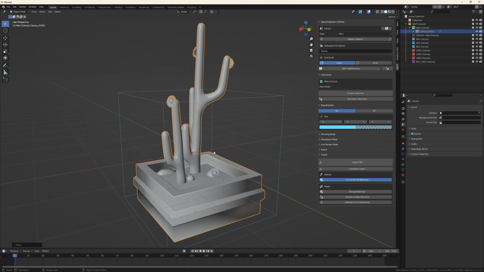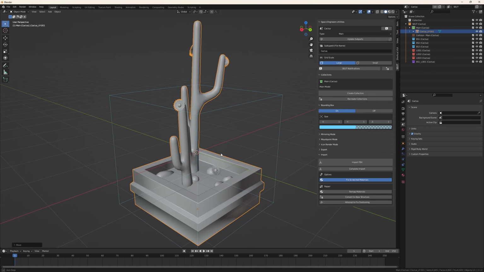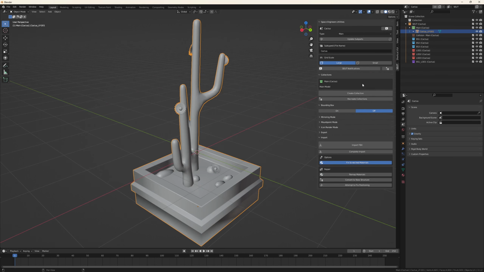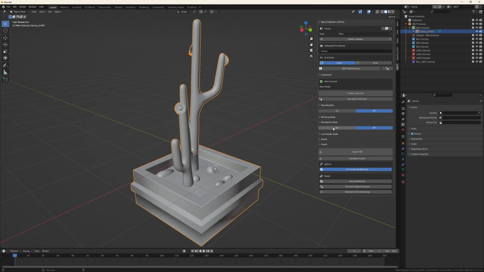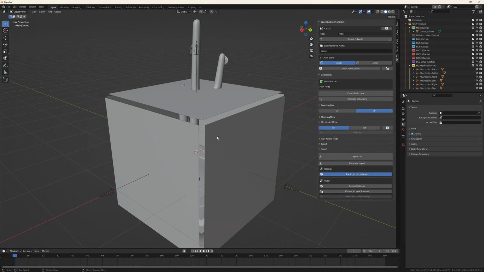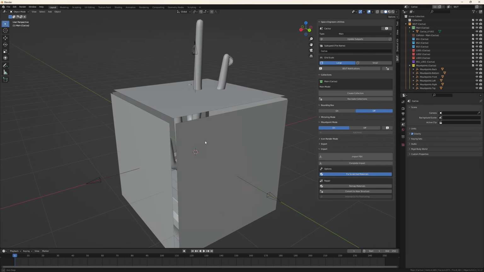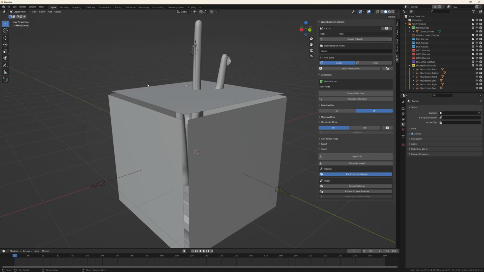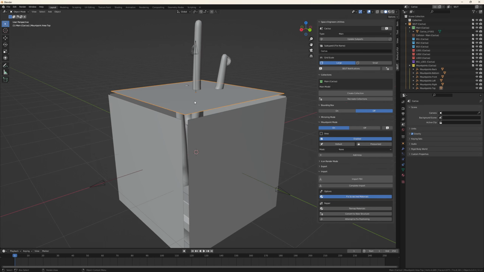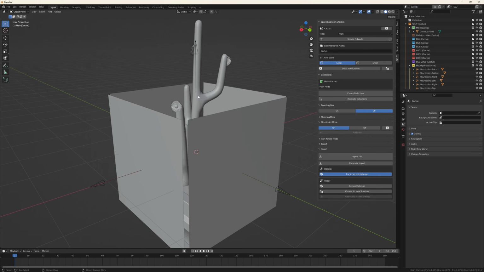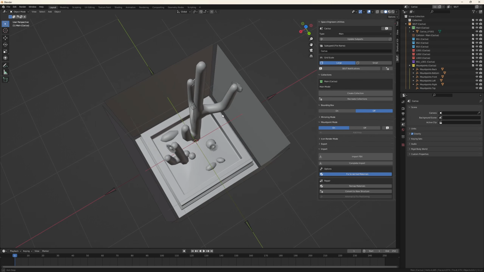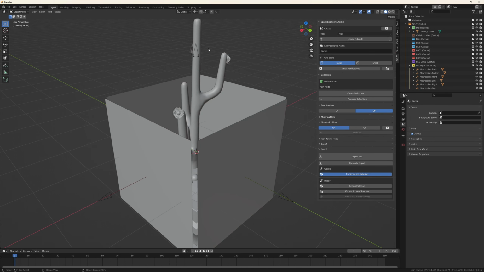Alright, so now that you've more or less positioned your model within the bounding box, you can have mount point mode on. These are basically the planes where your model can be mounted. So if you have a wall, you can put it on top, on the side, on the ground, and so on. I will delete the top one